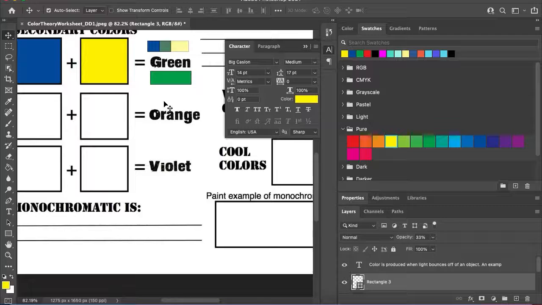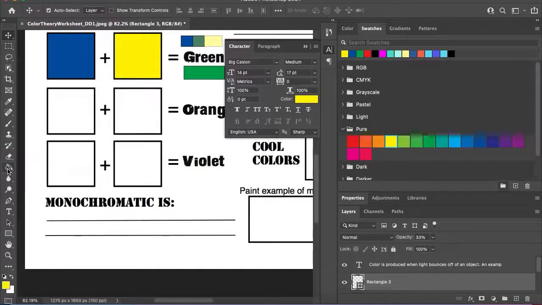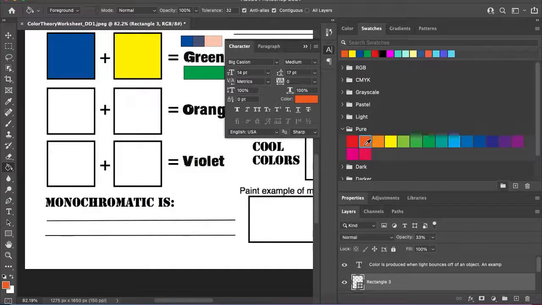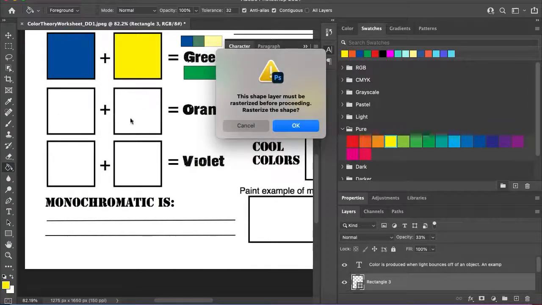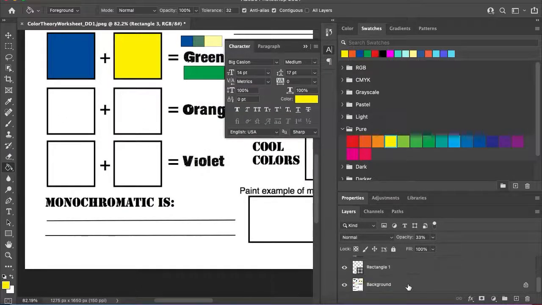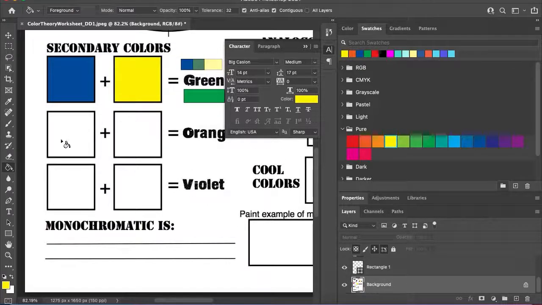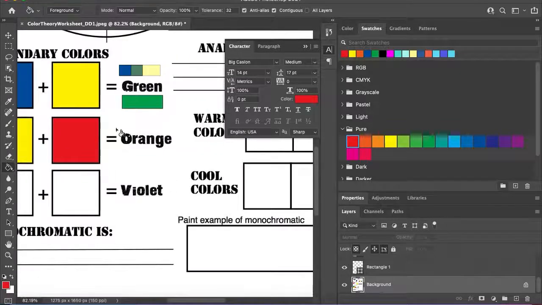Okay, so orange, we have, now this says pure red orange over here. I don't believe this is red orange. I believe that this is orange. So we're actually making orange. So the two colors that make orange are yellow, and I'm not on the right layer, so I need to get on the right layer. Yellow and red, okay? I'll go back to our rectangle,